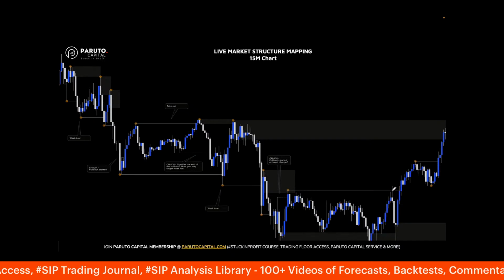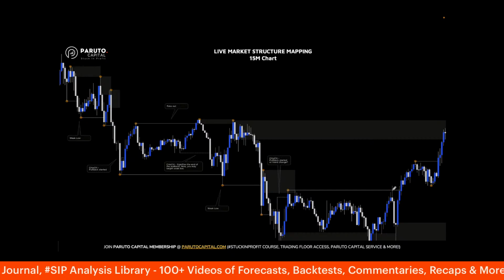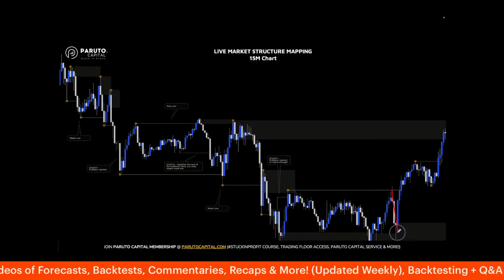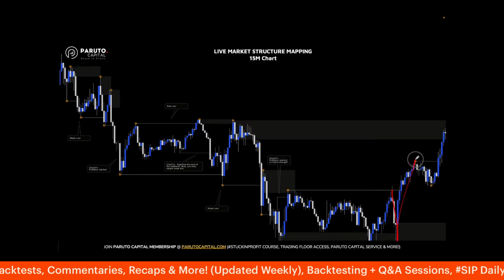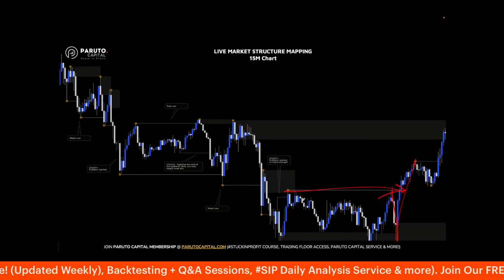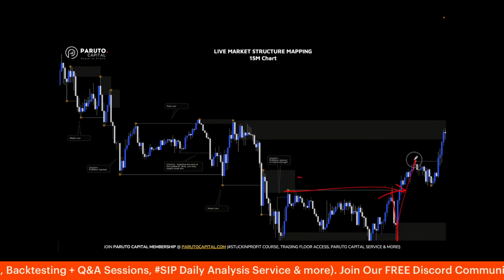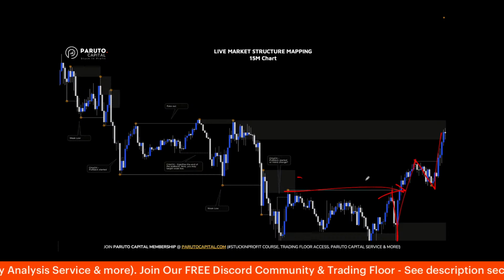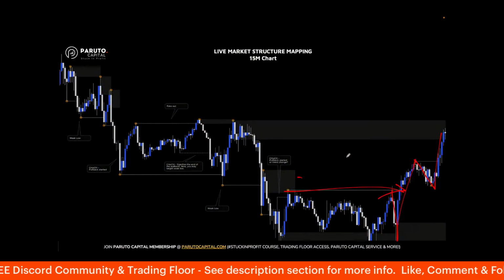If you map weak highs, you just say, oh, this is a change of character. Well, sometimes it may play out like that, sometimes it may not, but you can see here, it pulls back down here and then breaks structure, right? So we have here a major change of character. And the expectation is that there will be a pullback a little bit and then it will continue to move to the upside. Now, this is how to understand